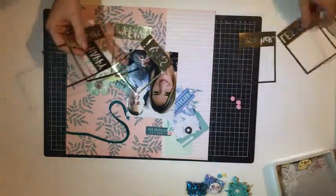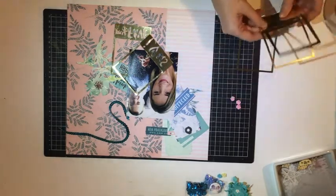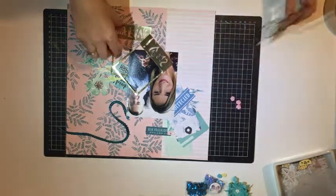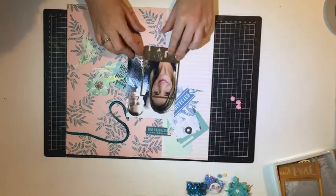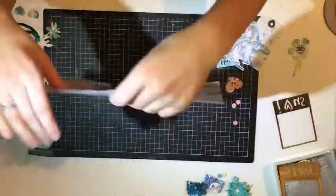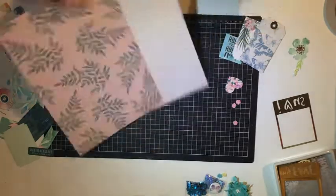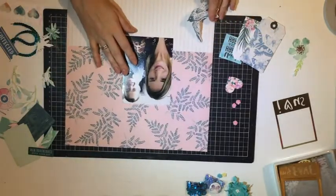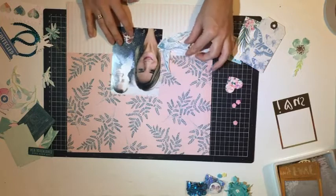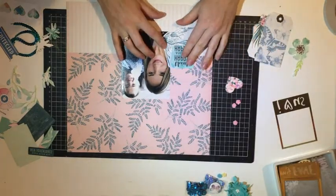Now here's my photo. The photo that I'm scrapping today is my husband and I. We're in a taxi on our way to a friend's birthday party, and it's actually a Snapchat photo, and I've cut off up the top. I had put a little date night sort of wording, and I've cut that off. So I've decided I'm going to spin the paper around. I'll spin it around a few more times, and I end up with this orientation of the paper, and I'm going to start